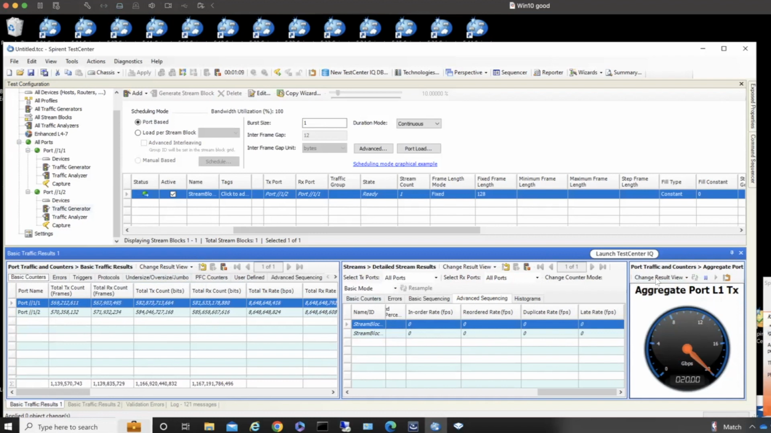And then what I like to do is I like to come over here and I like to put this gauge. So this is an aggregate. I've got two ports that are each doing 10 gig. So my aggregate transport is 20 gig. So you can see at this point, we're already at a 0.5 terabyte. So we're at a 0.5 terabyte of frames,